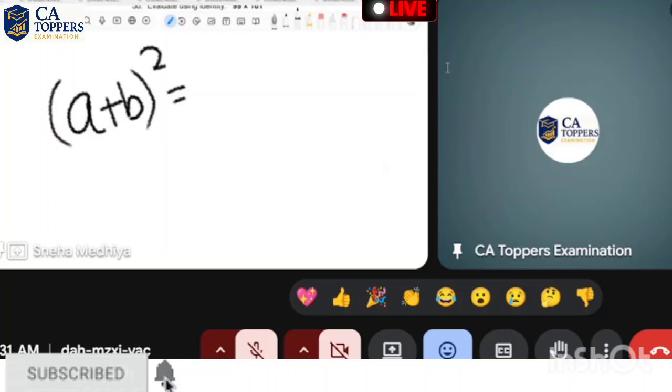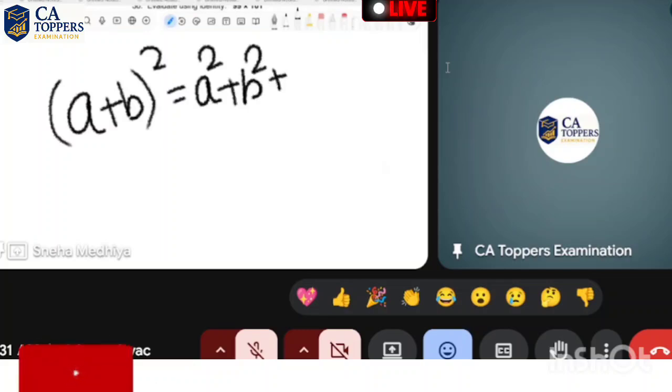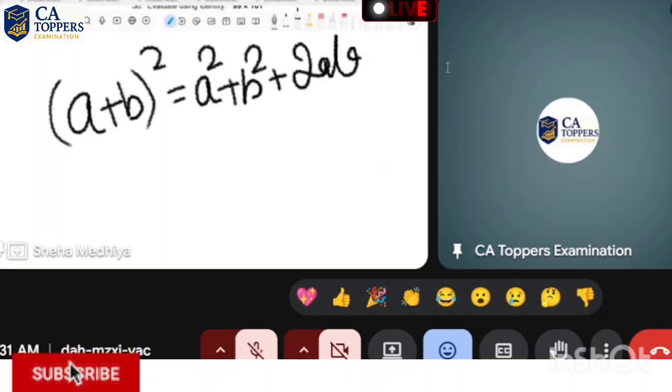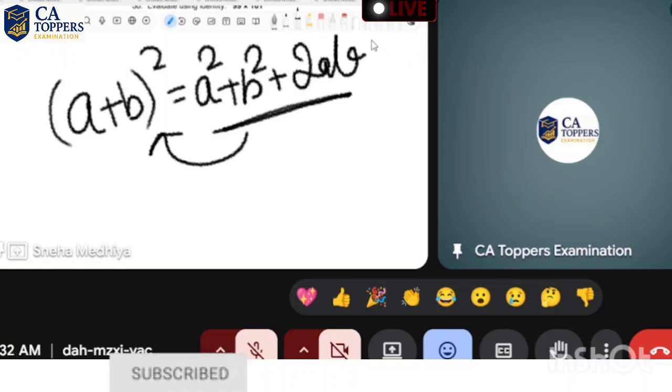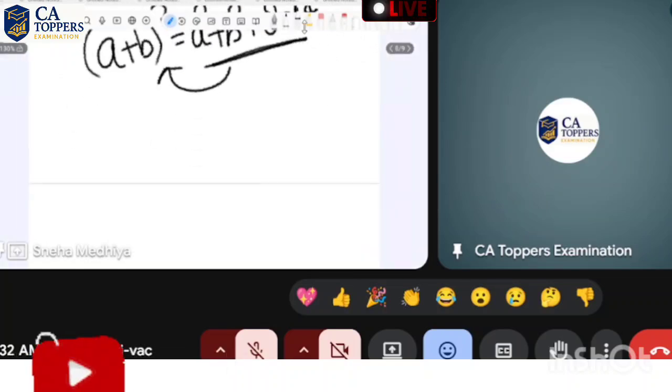a plus b whole square is a square plus b square plus 2ab, right? Yes, ma'am. Now you will be given a question in this format and you have to change it into this format. Then how can we do it? I'll tell you that. Suppose we are given a question of